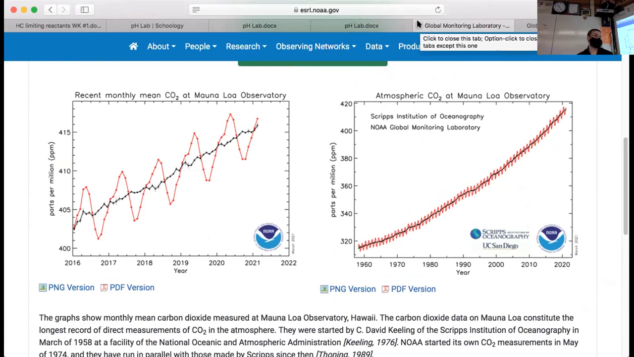Is it happening too fast for the animals in the ocean, with the lower pH? Yeah, so what we're going to look at is it turns out that for shrimp and krill that have exoskeletons,